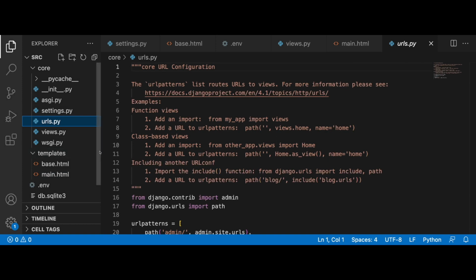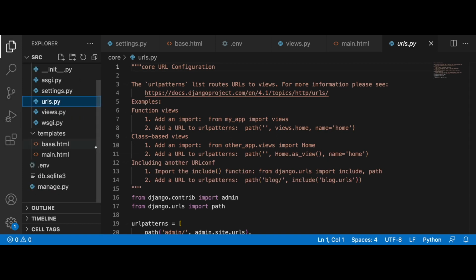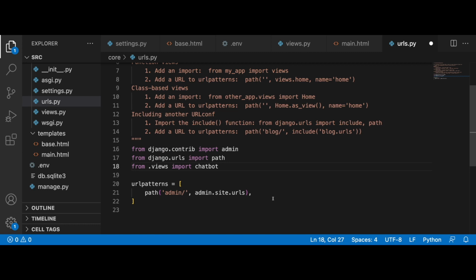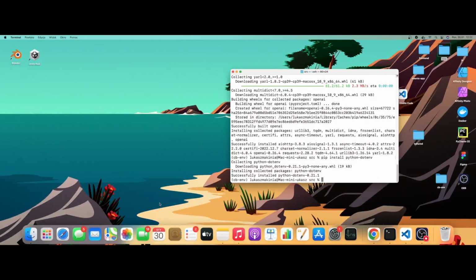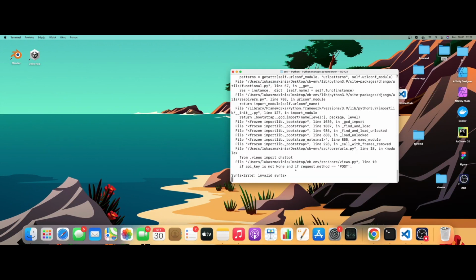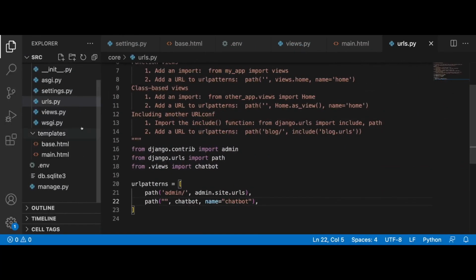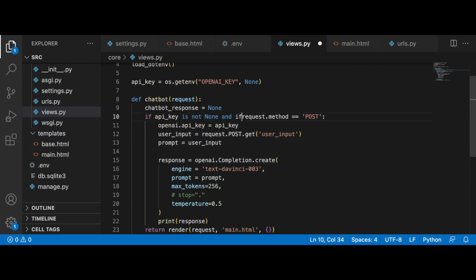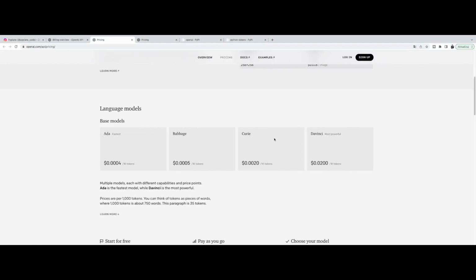And we can go to the urls.py. And here we just need to import our view. So let's do it very quickly. And we need to place this view in the URL patterns. All right. So let's save this and run python manage.py runserver. Okay, so in the views.py, it should be like this, without the if,